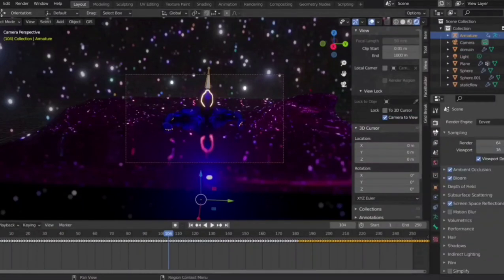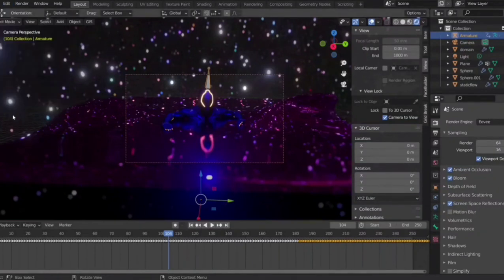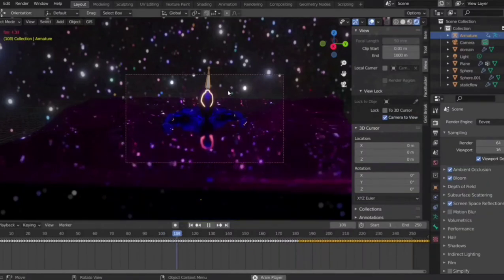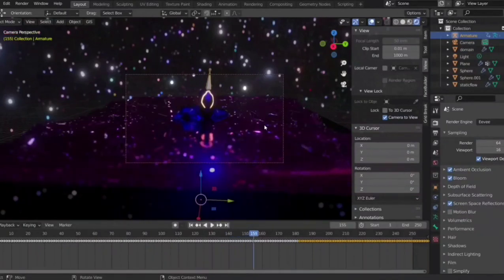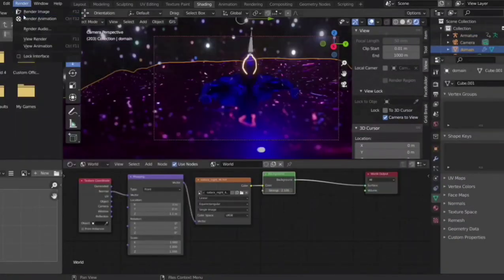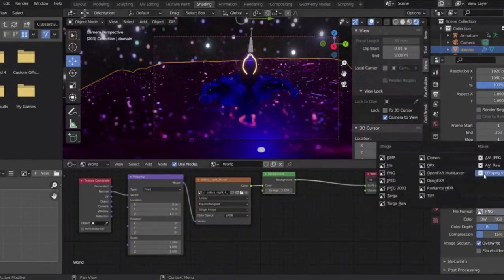Now we will go to the render settings, choose EEVEE only, render engine will be EEVEE only. Then in preferences, make sure it's linear. Under the animation tab it's linear. Go to the render settings and choose the resolution whichever you require, and in the output under that file format